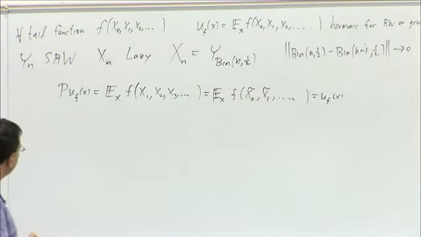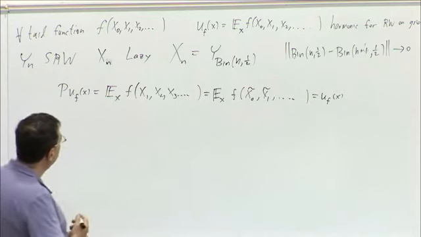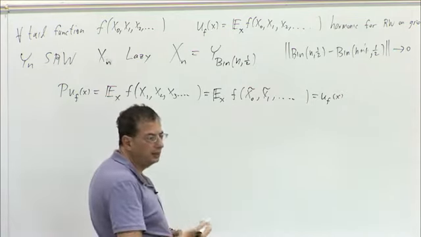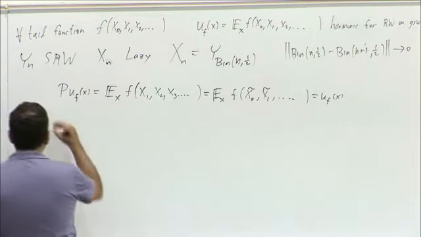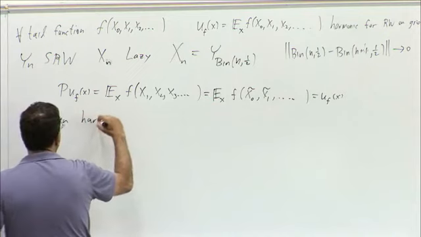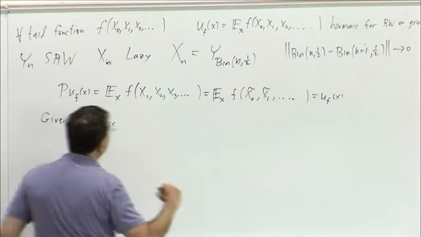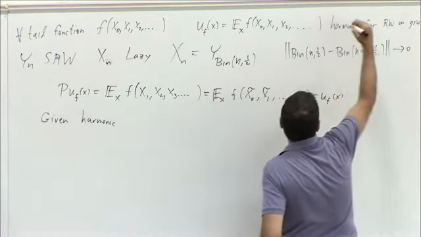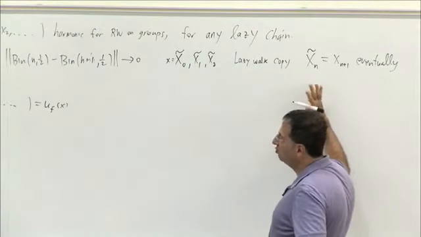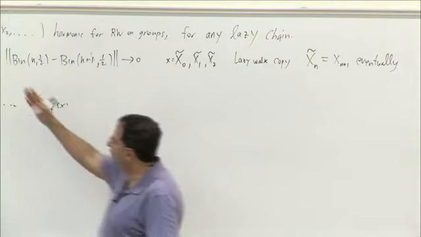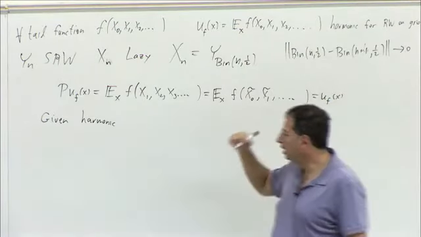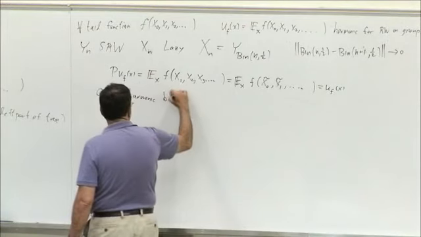OK, so there's a correspondence going from tail functions to harmonic functions. And this is invertible because, given any harmonic function, and I'm going to now focus on bounded functions. So observe that if f is bounded, then uf is also bounded. And given a harmonic bounded function,